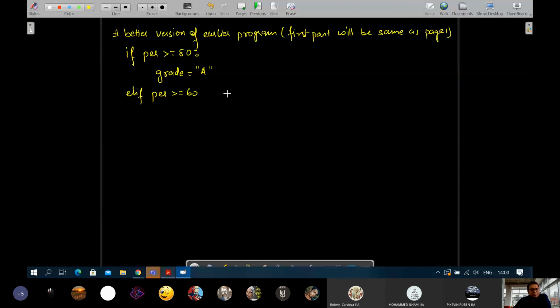Grade is equal to B. If percentage is greater than or equal to 40, grade is equal to C. Else, grade is equal to D.